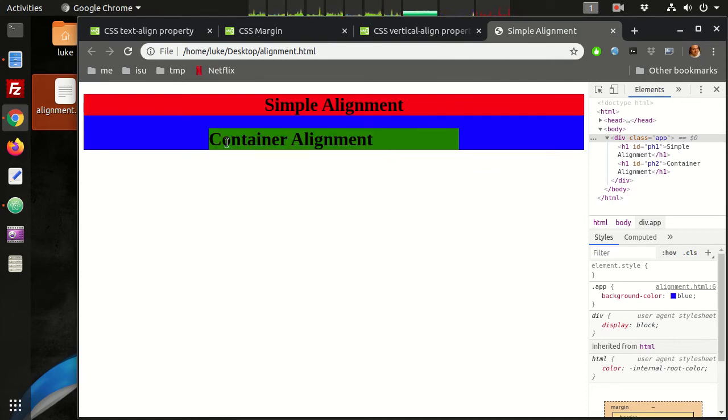We've made the width of this H1 50% of the width of the parent. So this is equivalent to this blue on either side, so it's 50% of the entire width. But we did not do a text align center, so the text is not centered.